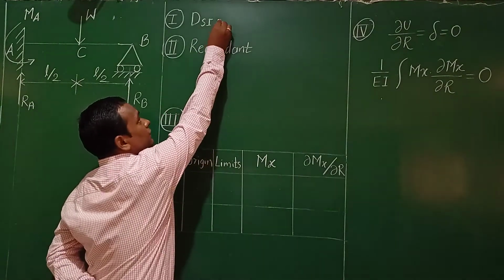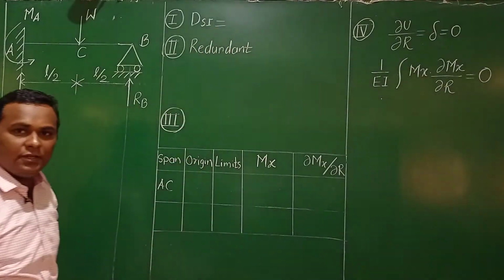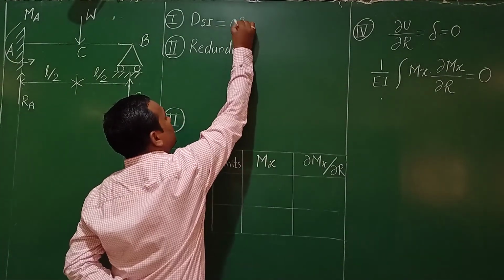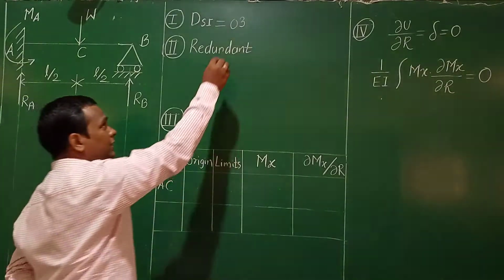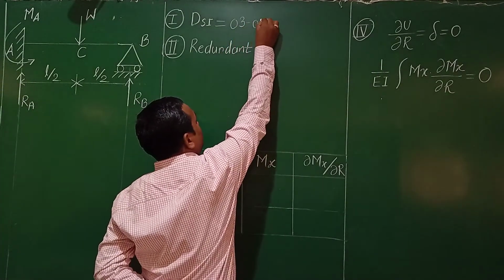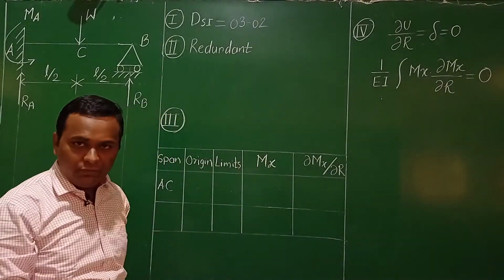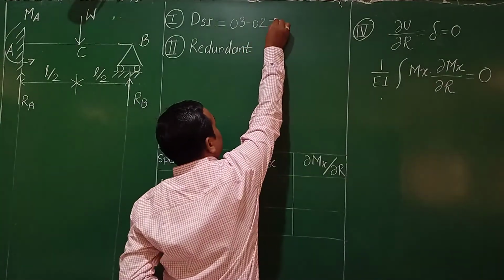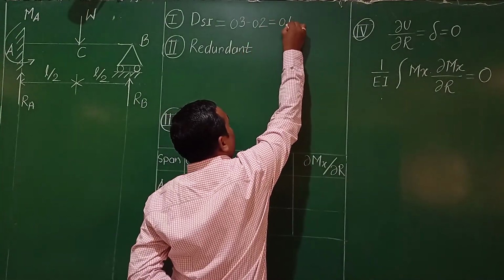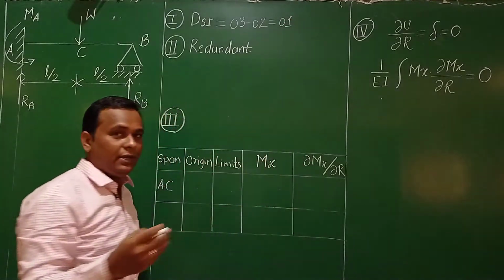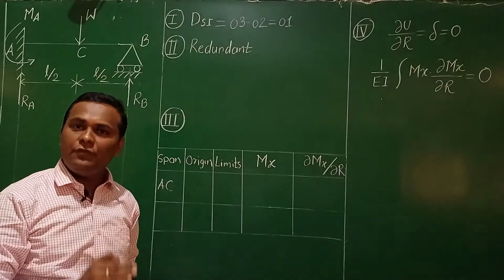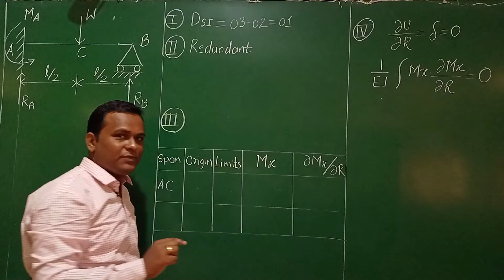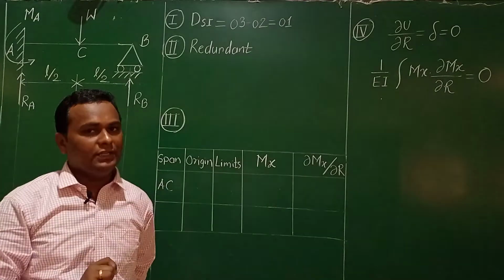Therefore when we find the degree of static indeterminacy for this given beam, the number of unknown reaction components is 3, and for the number of available equations we need to consider only 2, that is summation Fy equal to 0 and summation of moment about any point equal to 0. As I initially discussed, whatever horizontal external reactions we are neglecting, we need to neglect summation Fx equal to 0 in this case. So we calculated that its degree of static indeterminacy is equal to 1 in this case.